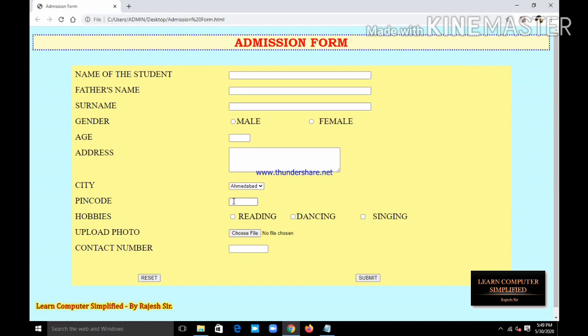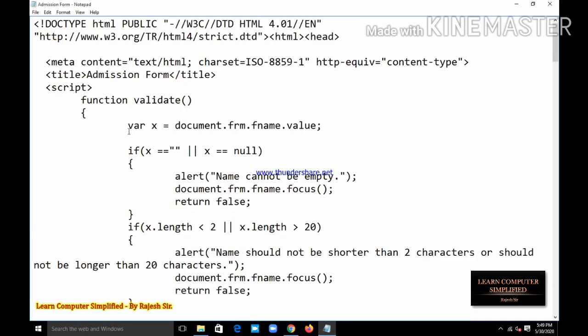And third, it should not contain alphabets, because a pin code is a number, it is digits, so we cannot add any alphabet in a pin code. So I want to validate this pin code text field. So let us start.